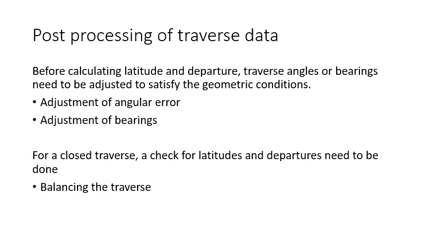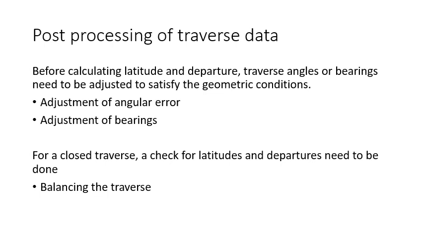So just think about what were the different methods that you used to observe your traverse, to measure your traverse. You have learned that your traversing can be done either by angle method or by bearing method. Do you remember that? So either you may be collecting the angles between different survey lines, or you may be observing bearings of each and every survey line. These are the two ways by which we do the traversing. So depending upon which method you have adopted to conduct the traverse survey, you have to do the post processing.